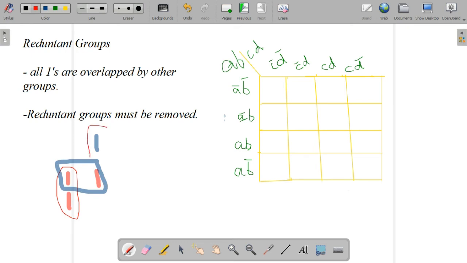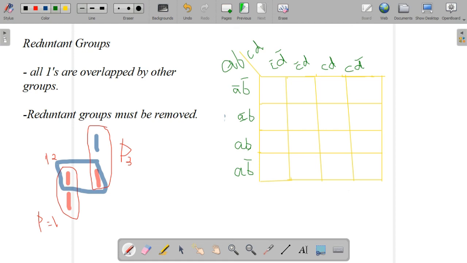Again, one more is here. Is it possible to mark? Yeah. How to mark a pair? Adjacent ones are there, so we can make it as a pair, is it? So we have marked as a pair. The first one is pair 1, this is pair 2, this is pair 3. So you have to check. Now we got 3 pairs in this K-map. Assume this is a K-map, and in this K-map we got 3 pairs.